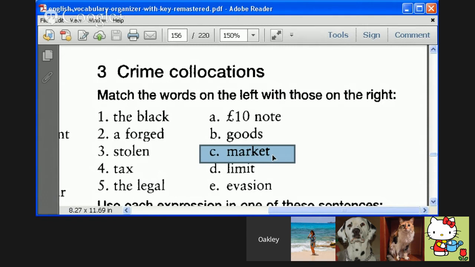Possible, yeah. It's the unofficial market, not government controlled. So there's no taxes. Illegal. Yes, it's illegal. There's no taxes. There's no government oversight to make sure the products are actually working or of a good value. You know, you could buy counterfeit products or smuggled products, stolen products. That's right.